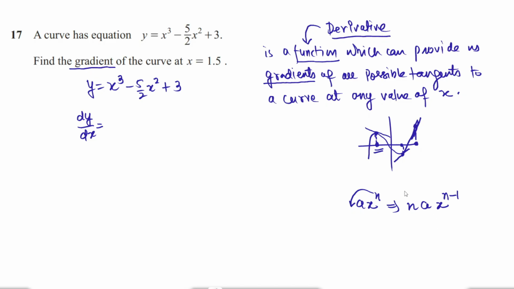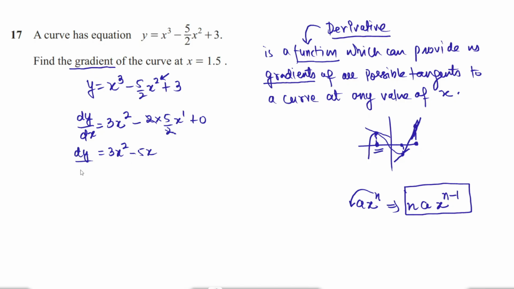So we are having n a x power n minus 1. Simply think, 3 comes out in the front and the power reduces by 1. 2 comes out in the front, 2 into 5 by 2, and here the power reduces by 1, and plus constant numbers have 0 derivative, so plus 0. If we simplify it further, 3x square, 2 and 2 got cancelled, minus 5x, and that is dy by dx